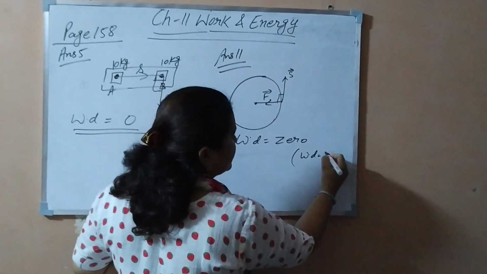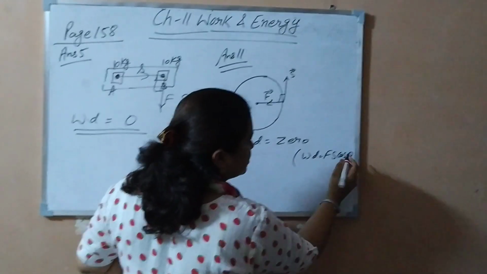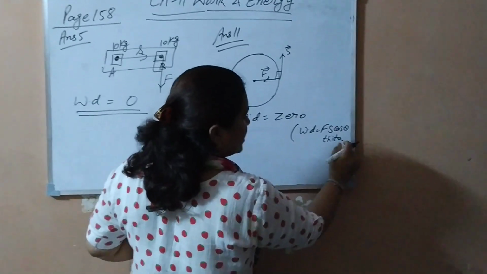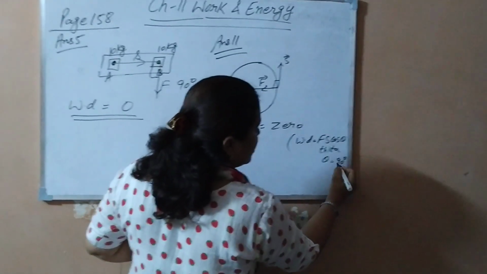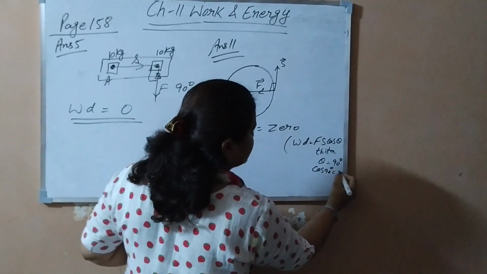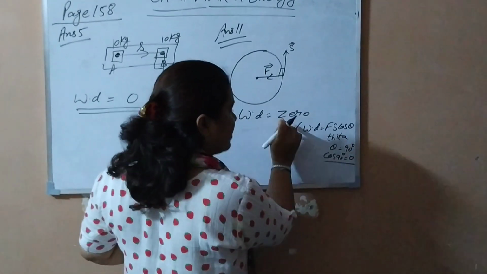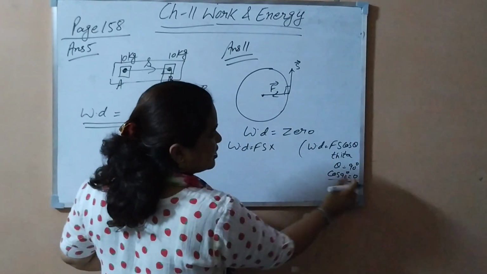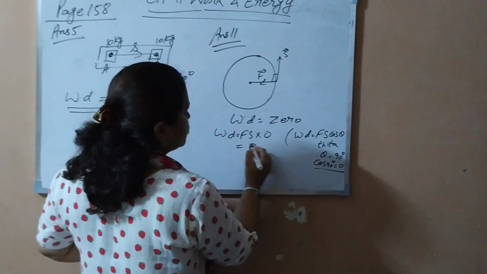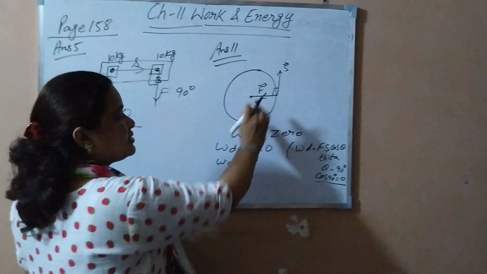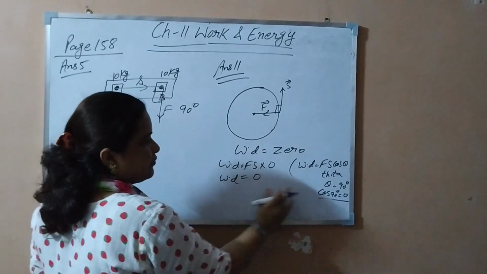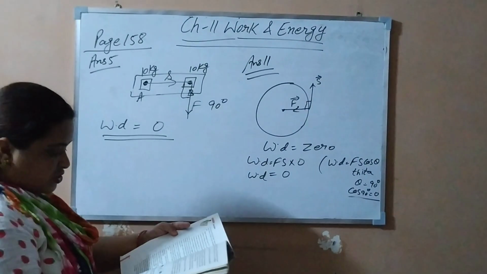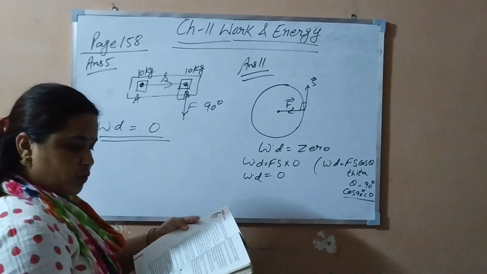Actually, work done is F S cos theta. Here this theta is 90 degrees, and the value of cos 90 degrees is 0. There is no need to go into detail. I am just telling you why it comes 0. So work done is F into S into cos 90, which is 0. We put 0, so the whole answer comes 0. But you have to write it simply, without this. This is for your clarification, how it comes to 0. So this is your question number 11. You have to try it.